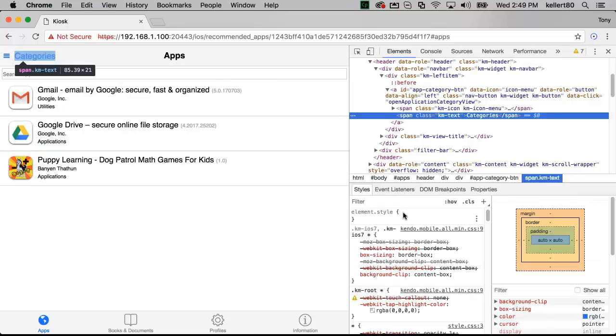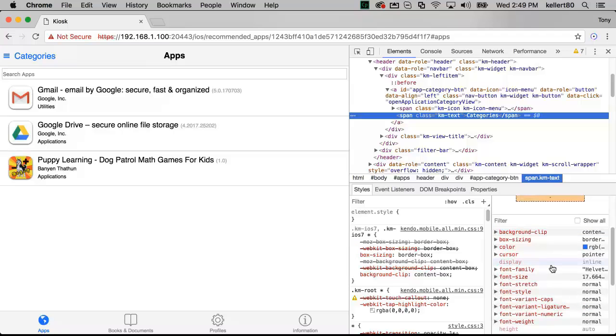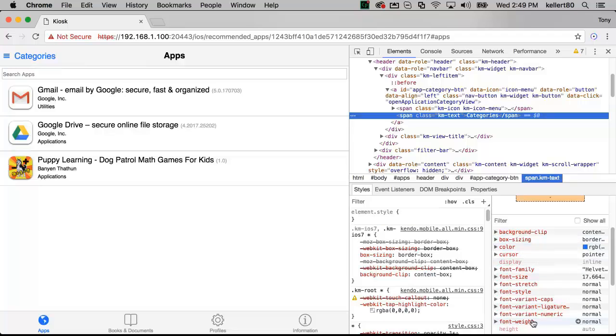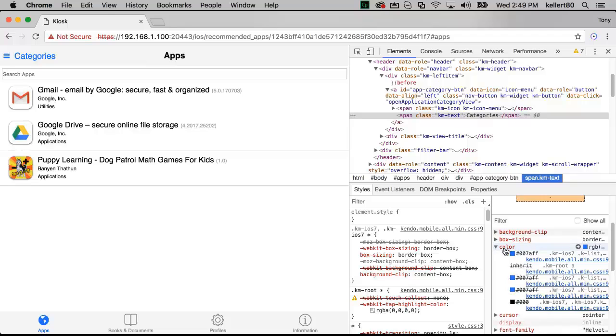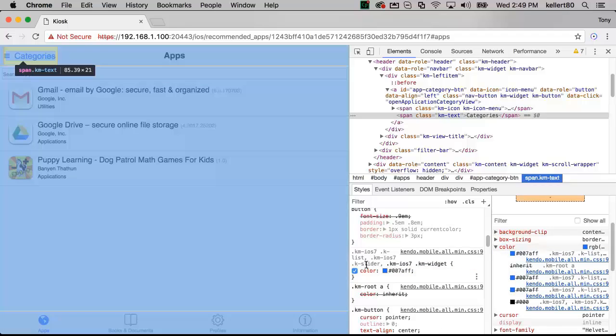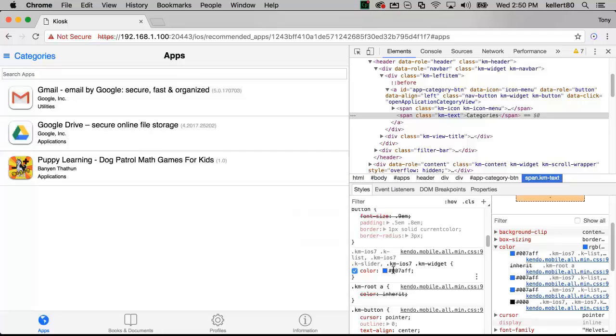And that gives me a view here of the HTML at the top, and I can see my styles here when I'm looking at elements. Now, over here on the right, this gives me the effective stylings, right? So I don't have to read through all of the CSS to pick up things. I can just look here and see the effective settings. So when I look at color here, you can see the color blue that's specified. Right? So I can click on that, and that's going to show me over here in the CSS specifically the